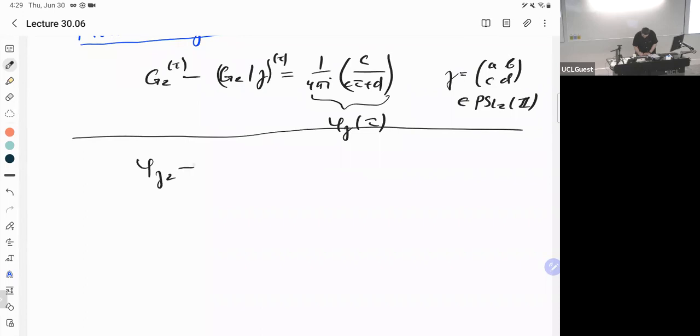Let me write it down first, and then I will explain. So for any two matrices in PSL2Z,